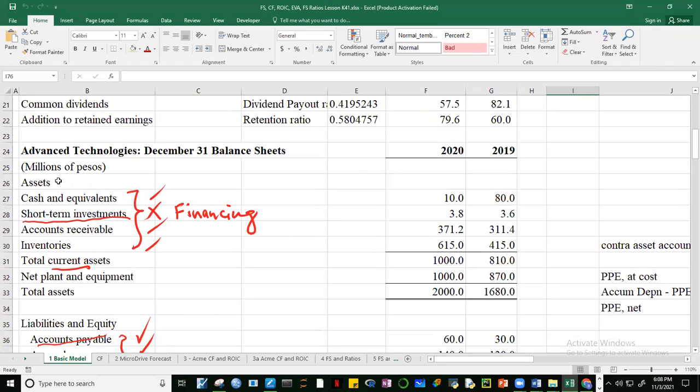But the question is, which ones are operating? We answered this last time. We said that cash, accounts receivable, inventories, and if there are prepayments, they're part of operating. Only short-term investments or marketable securities is not included in